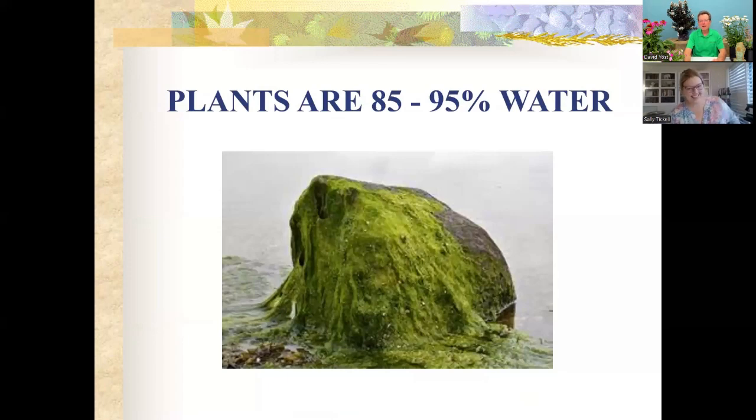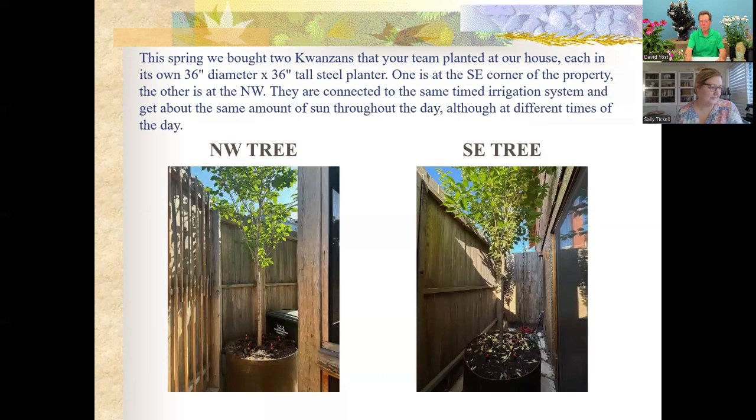But again, that emphasis: plants evolved out of water, right? They are very, very primitive ancient plants, basically seaweed growing in an aquatic environment. And then they moved on to land. So plants are like 85 to 95% water. Again, we talked about heat drought and moisture drought, sort of the two play in between there. So when we get into these drought conditions, dry conditions, water is a serious issue.